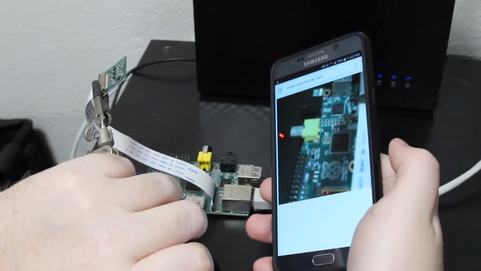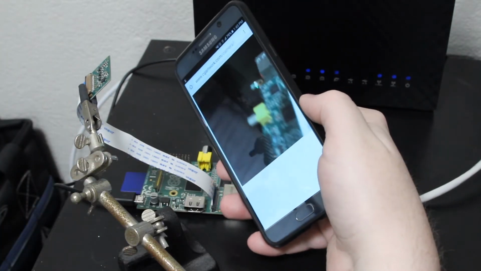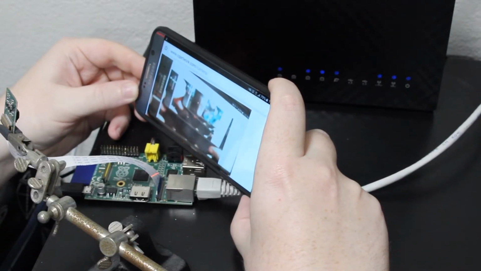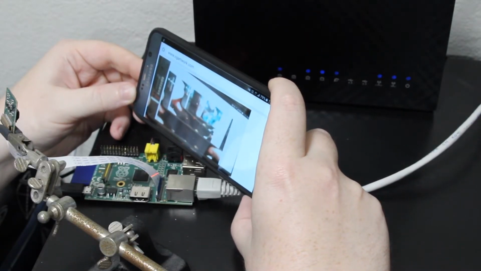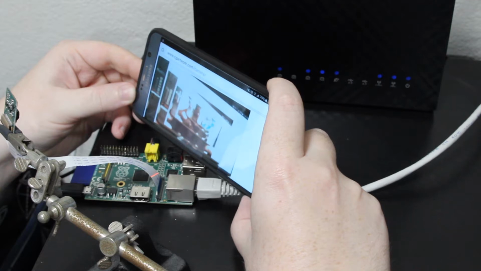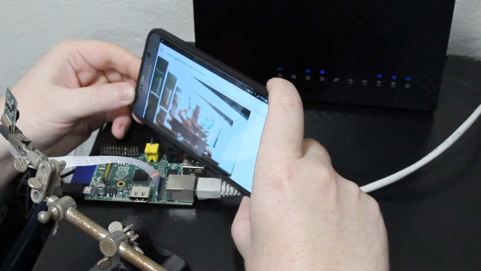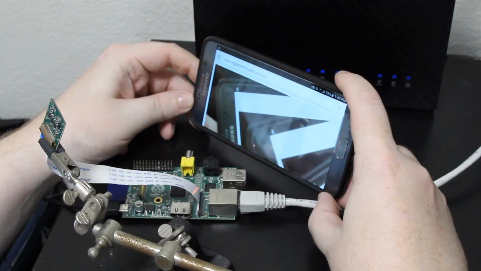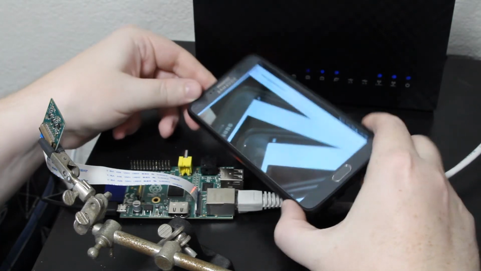So we can see here that if I tilt the camera up and aim it at my phone, you can see that kind of neat little reflection effect as it takes a photo of a photo of a photo of a photo. And yeah, so it's online, it's working, and it's a really simple, easy way to make